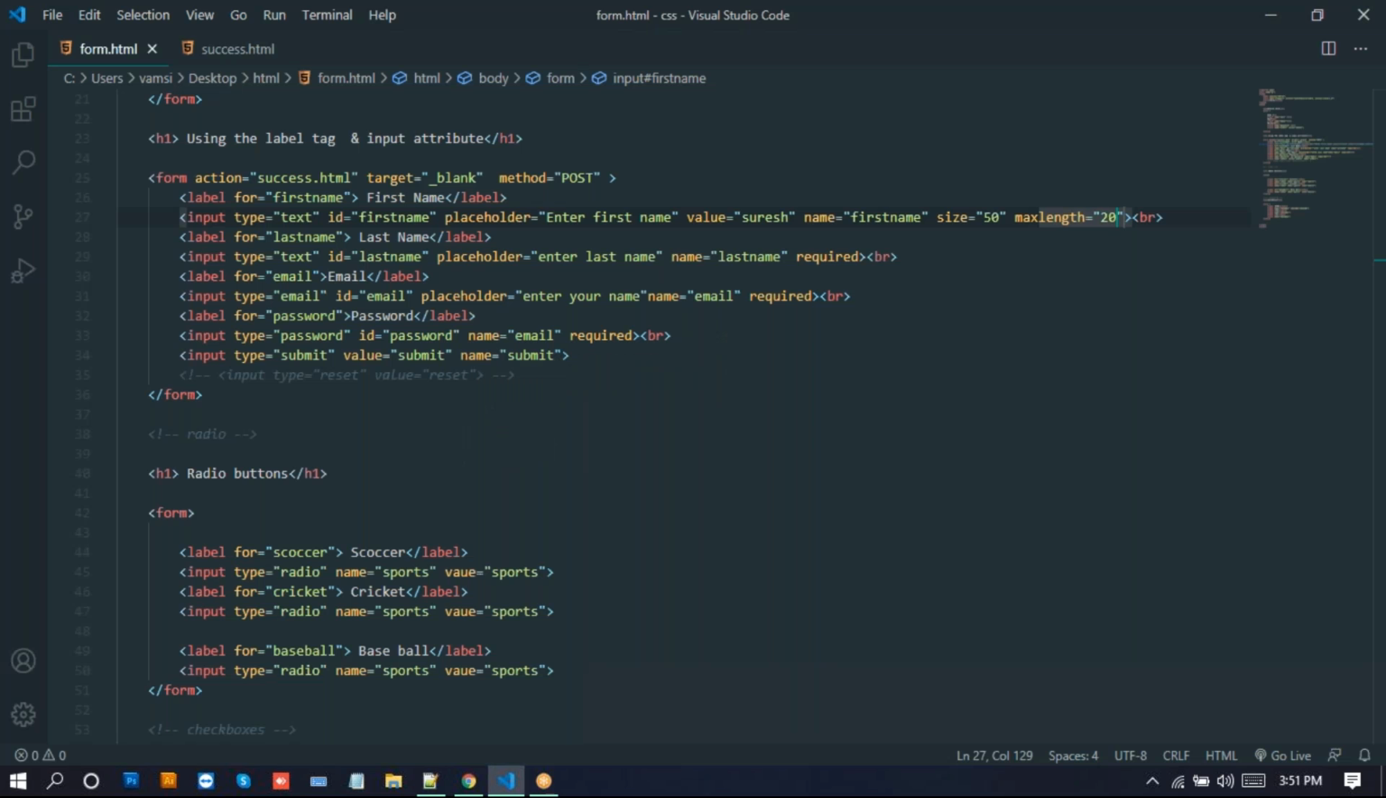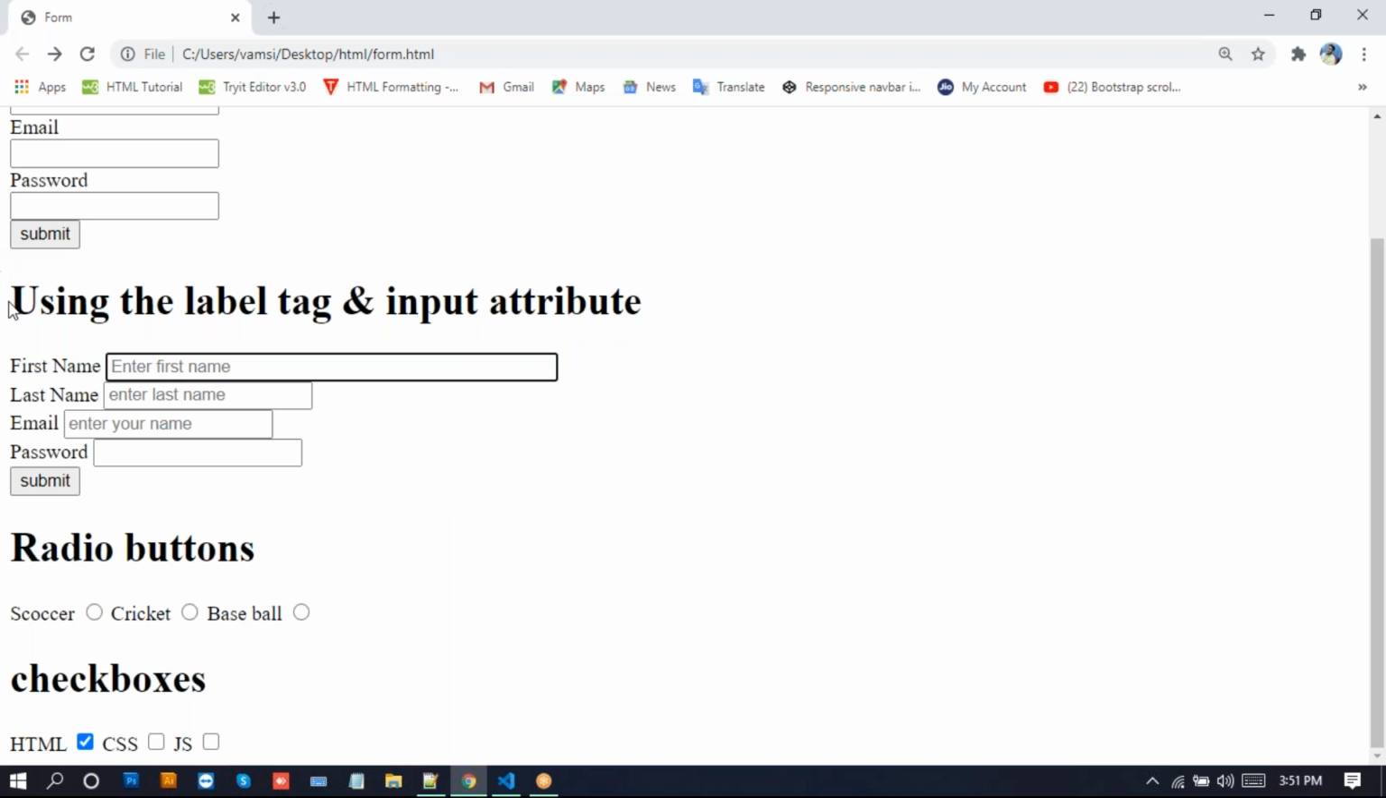So here we'll write this label, right? What is the use of this label? If you click on this name, this first name, it automatically highlights the form field. If you click on any of these, on this email, on this text here, it will highlight